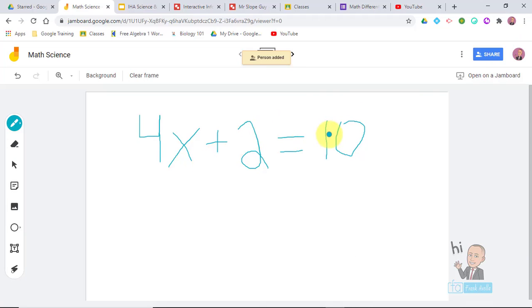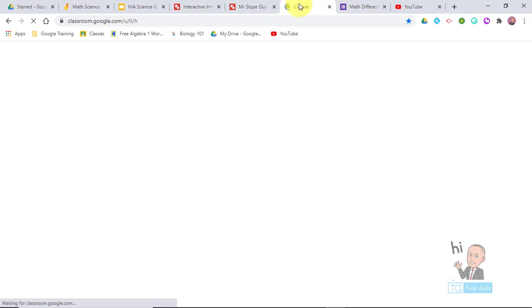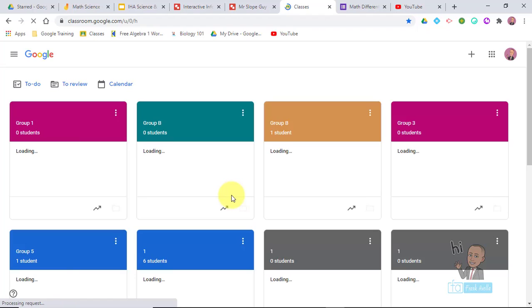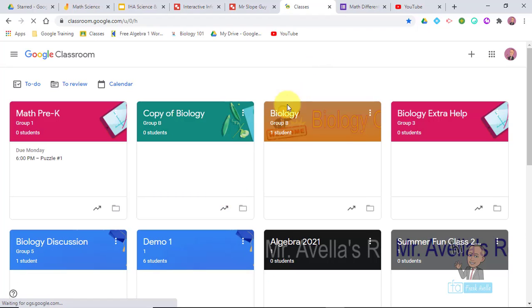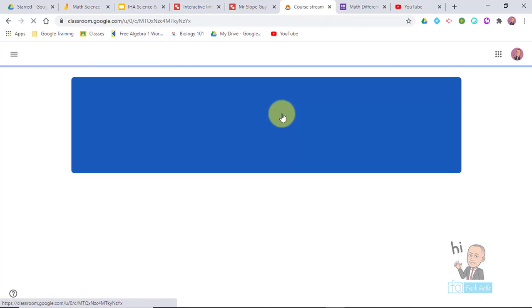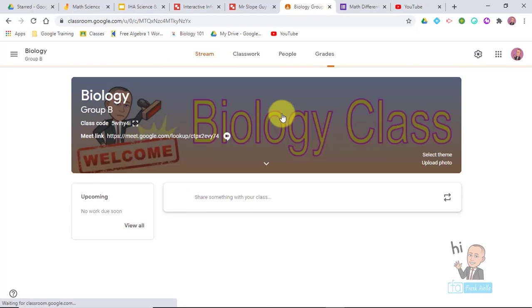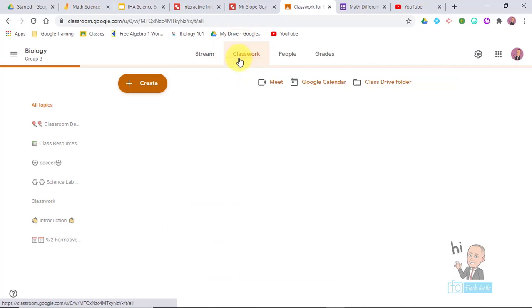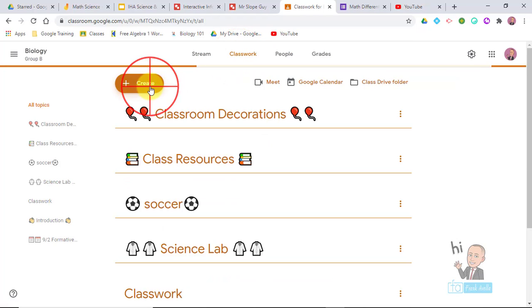If you want to go a step further and share it via Google Classroom, you can do that as well. It's very easy to share this in Google Classroom. I'm going to jump there right now. And you would rather share it in Google Classroom because it's easier than creating an email list and sending it to each student individually. Let's go on my biology class. So here's my bio class, let's just say, and I'll go to classwork. We'll go to create